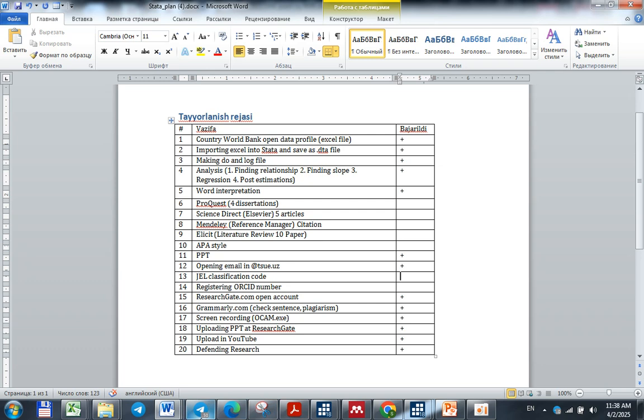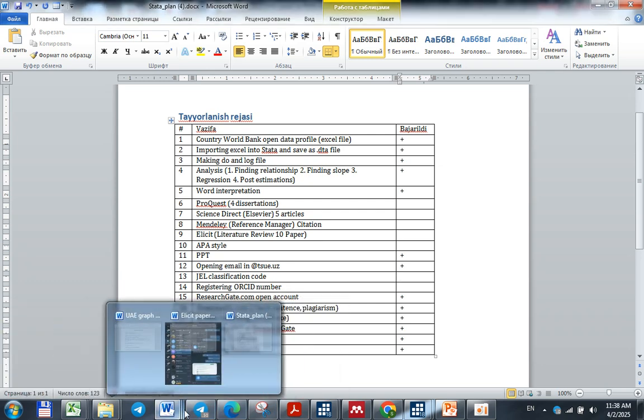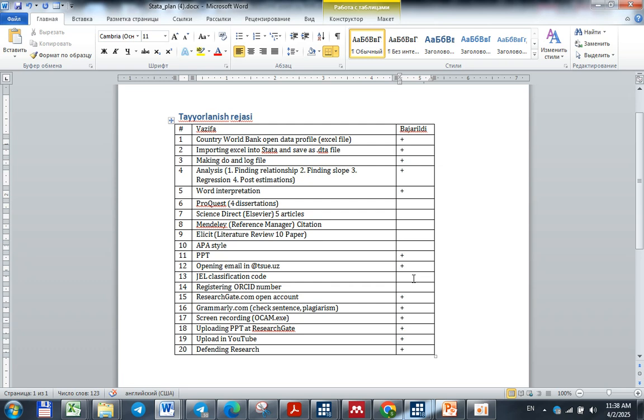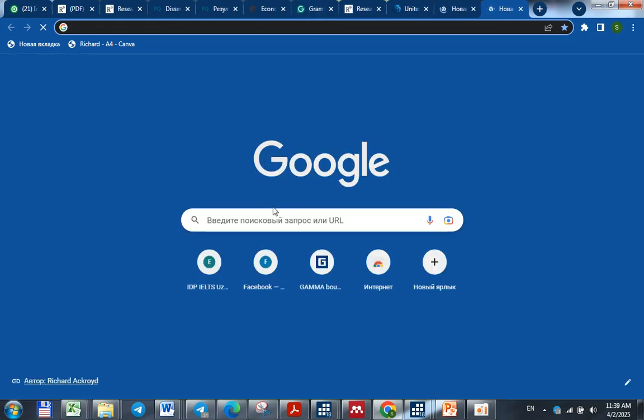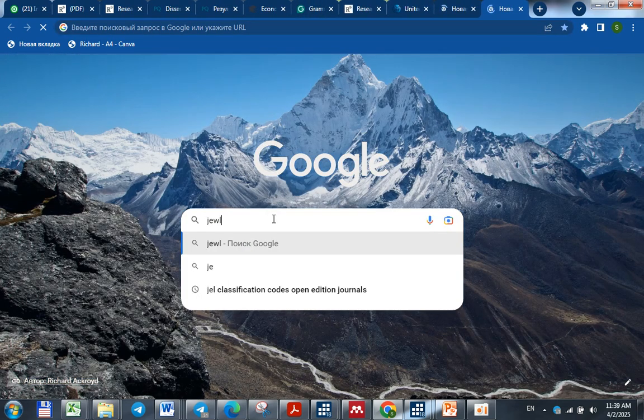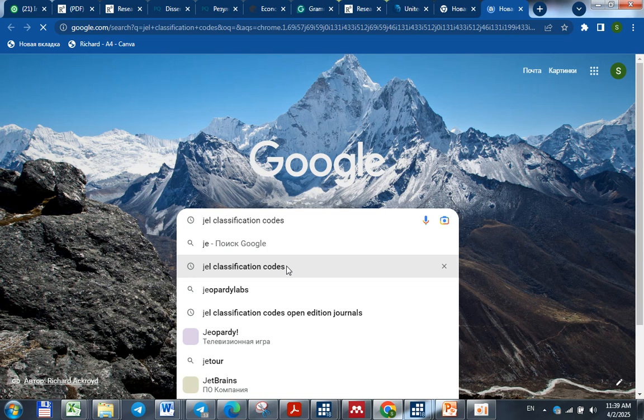JEL classification codes. What is it? JEL classification codes. You write this like this, and then there will be